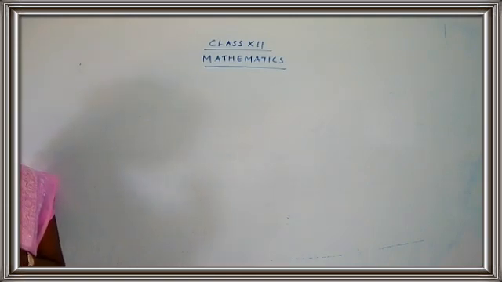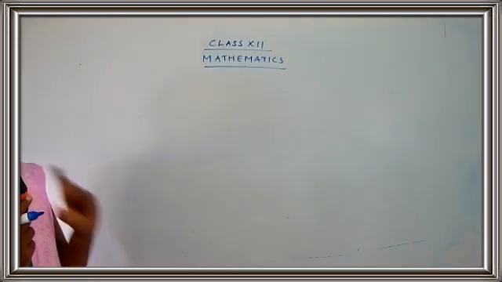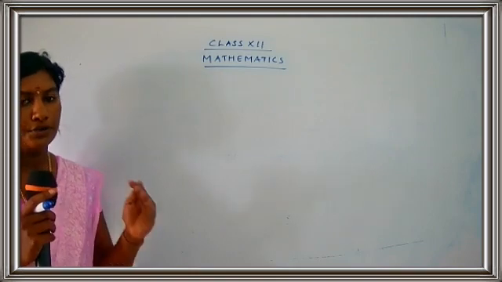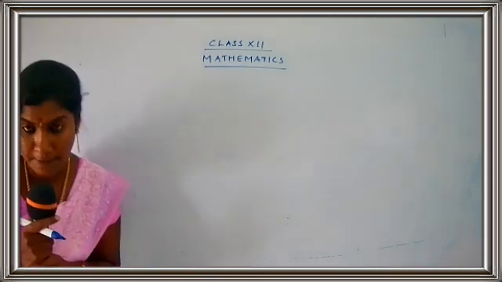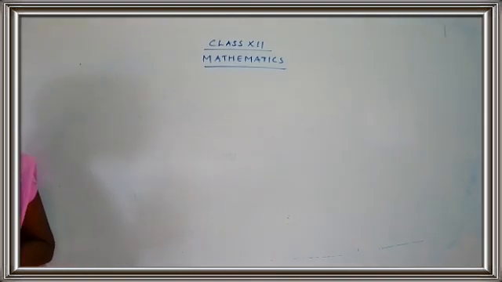So for going to sum number 6, we need some points to be taken down. So take down some of the points, and after writing down the points, we'll be continuing with sum number 6. Okay children, just get ready with your classwork. Take down your classwork. Write today's date. For sum number 6, we need some points to remember. So we'll write down that point and I'll continue with the sum.